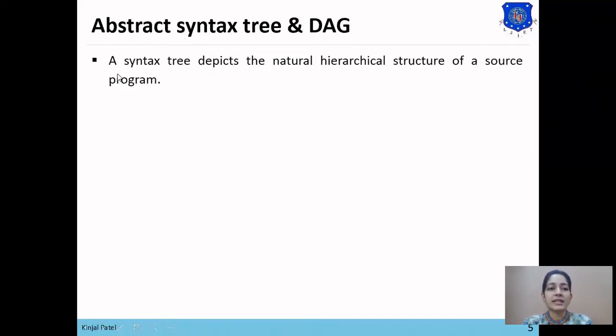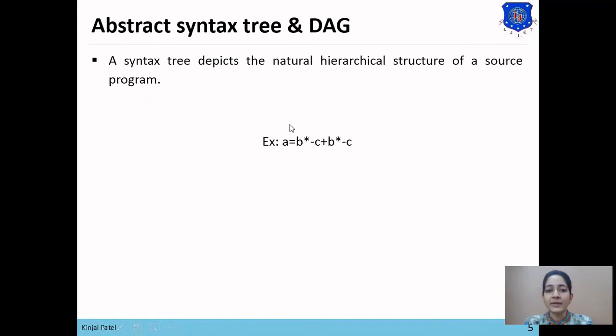First we'll see how to draw the syntax tree for a particular expression. Then we'll see what an abstract syntax tree is. A syntax tree depicts the natural hierarchical structure of a source program. Here is the example: A equals B star minus C plus B star minus C, where this minus represents the unary minus.